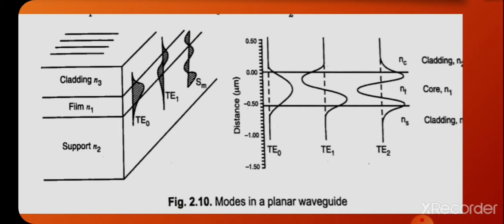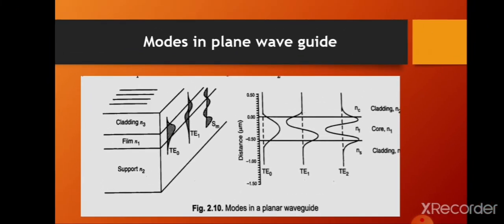There is no zero crossing with the reference. In the case of the TE1 mode, the order is 2, and there is one zero crossing with the reference and 2 field maxima. And here the order is 3, and there are 3 field maxima inside the core, and also there are 2 zero crossings there. Okay, and these are the modes.